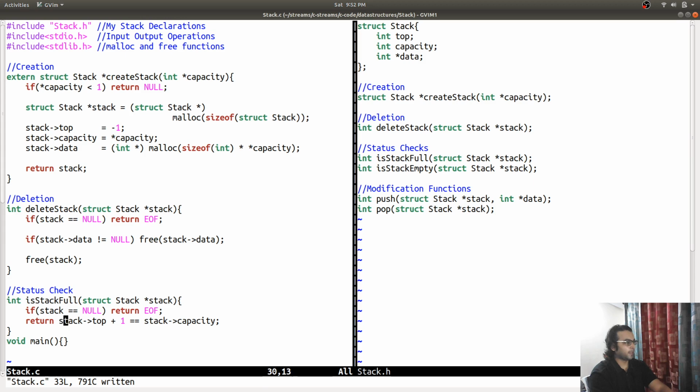But this is going to return a value that is not going to be an integer data type. It depends from system to system or compiler to compiler. So I'm going to say if this is true, then the stack is full, otherwise the stack is not full.